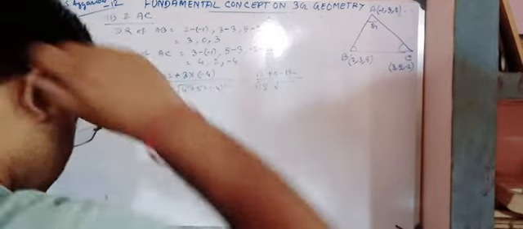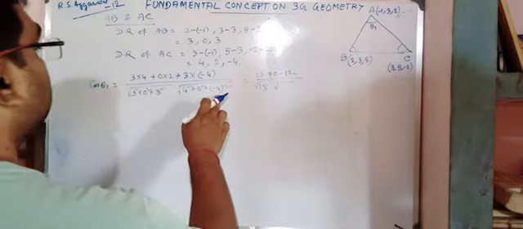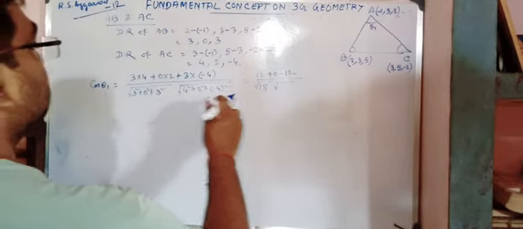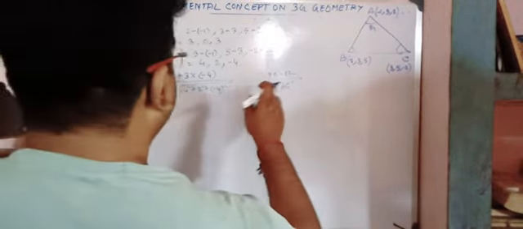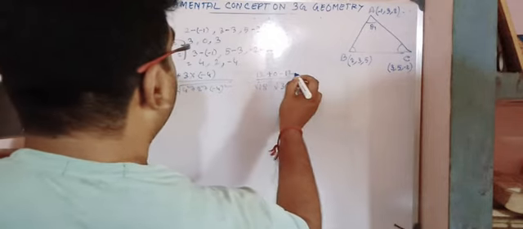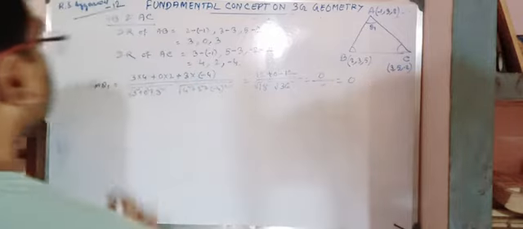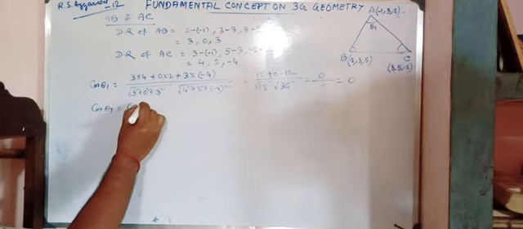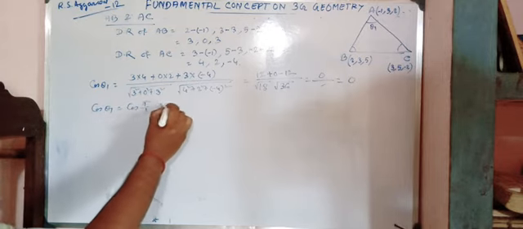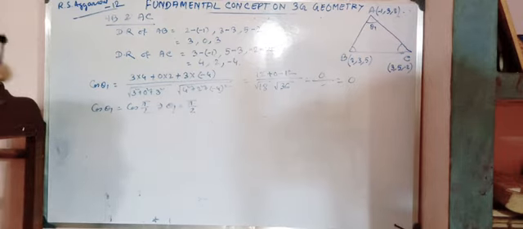If you are getting 6 or whatever, root 36. Now in the above, 12 minus 12 means 0. So 0 by something is equal to how much? 0 by something means 0. So my cos theta 1 is equal to cos pi by 2. That implies theta 1 is equal to how much? Pi by 2. Understood that? Theta 1 is equal to pi by 2. Hope it is visible to you.